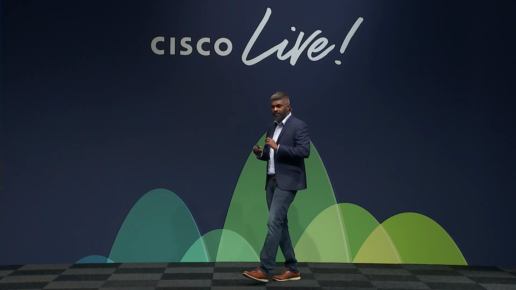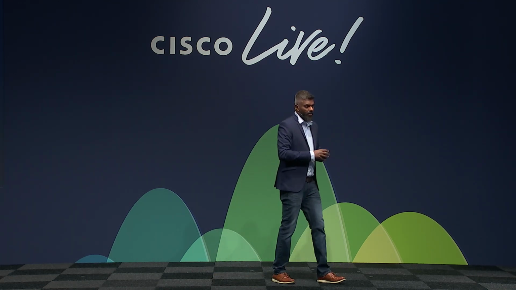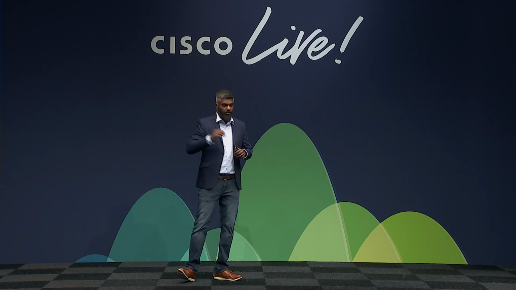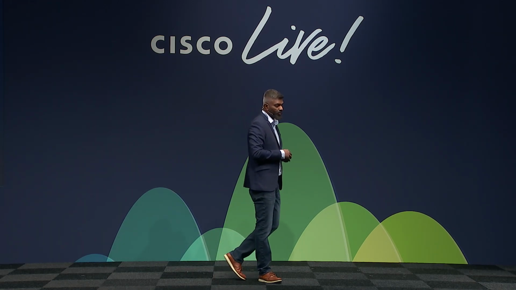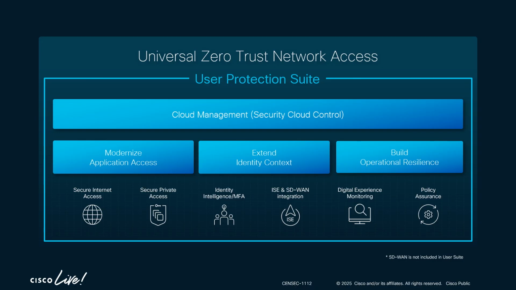Now, if you haven't seen what we have done in the space for a bit, I want to take one step back and introduce you to some key concepts, key pillars, right? The first one is how we help teams modernize application access and ensure that there is actually least privilege consistently across these elements. You can think about this broadly in the sense of, hey, you want to be able to secure internet access and then private access. Those are the broad themes that we want to be able to secure.